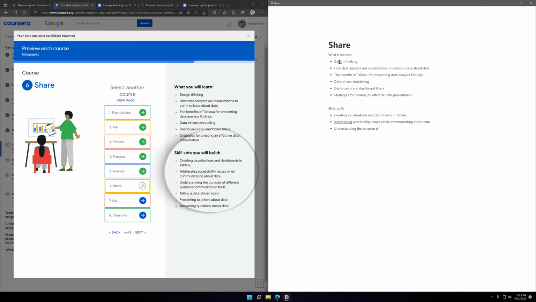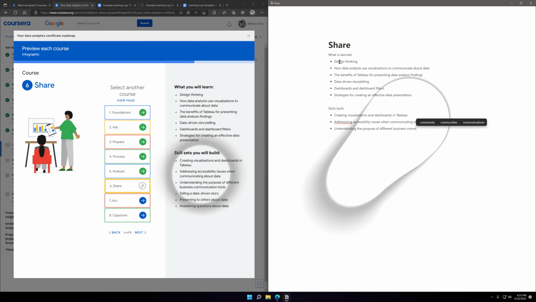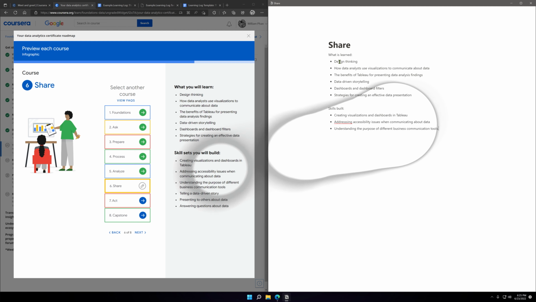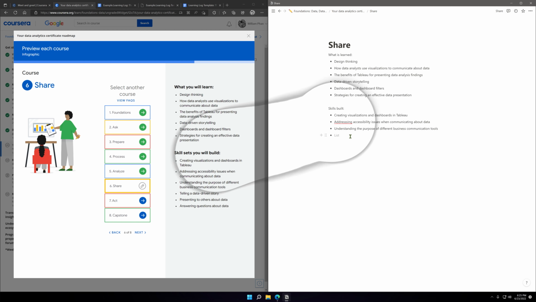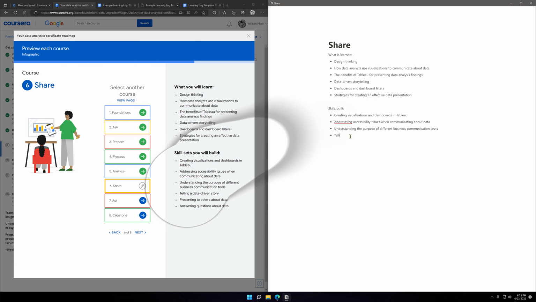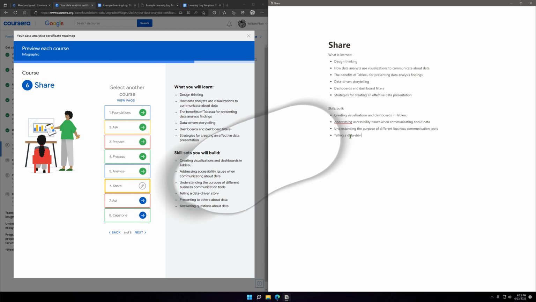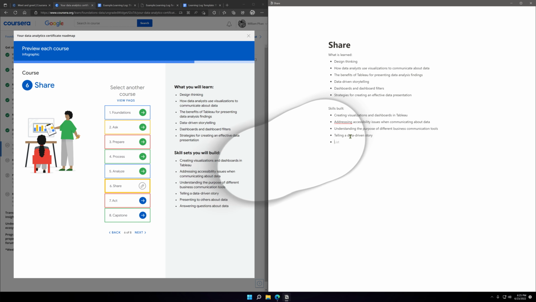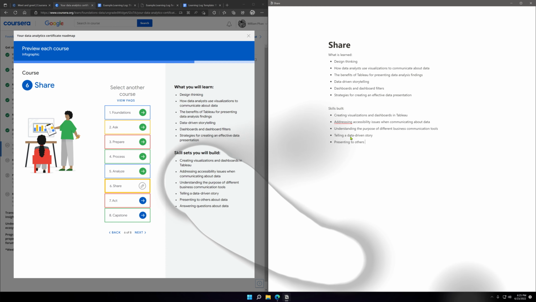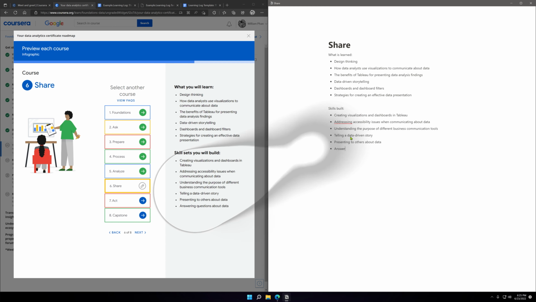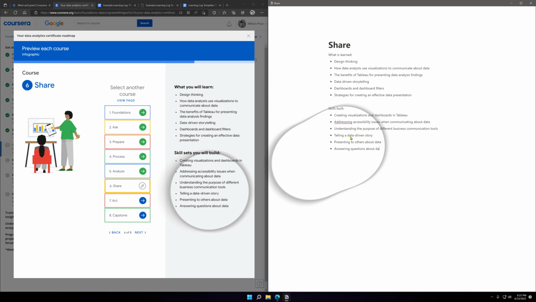Understanding the purpose of different business communication. Telling a data-driven story. Presenting to others about data. Answering questions about data.